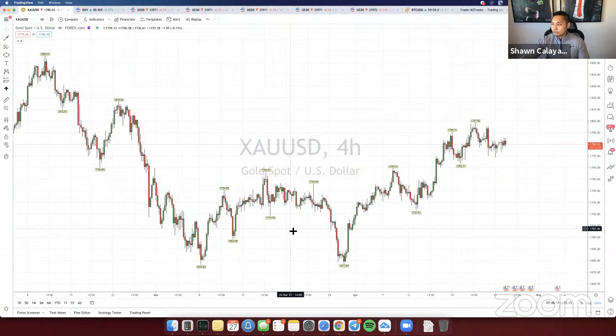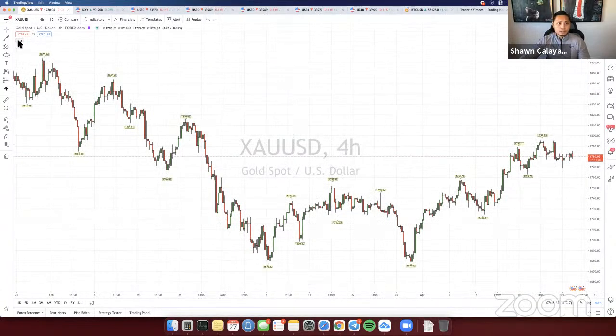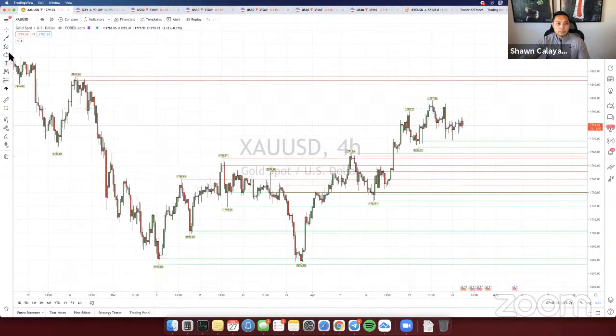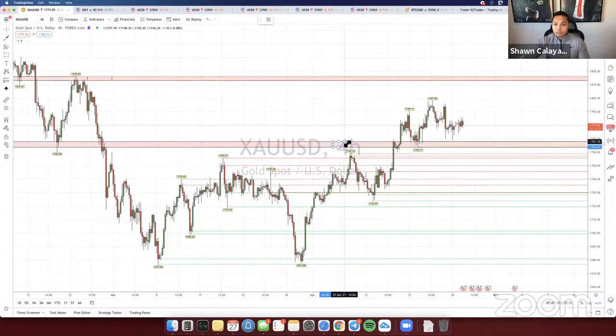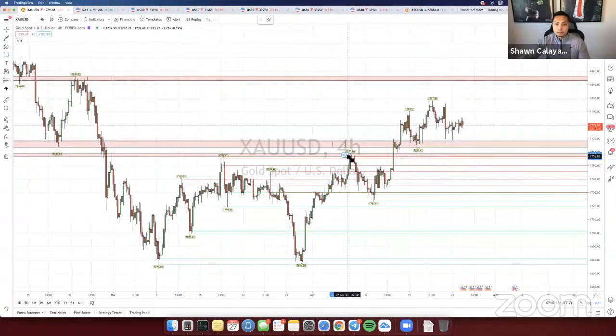First thing I'm going to do from here is identify market structure. So the first thing I'm going to do is turn on the K2SR indicator right here. Once I have this drawn up, I'm going to go ahead and draw rectangles, or my zones per se, so that we can identify where the rejection points are. So we got a rejection point right there, rejection point right there, rejection point right there. Have another one right here.